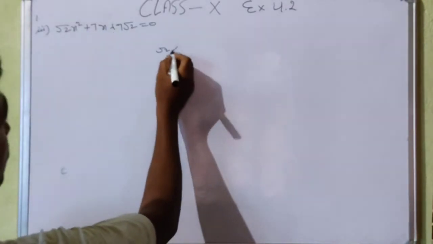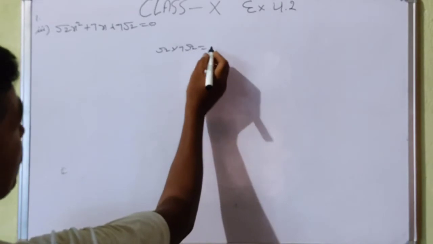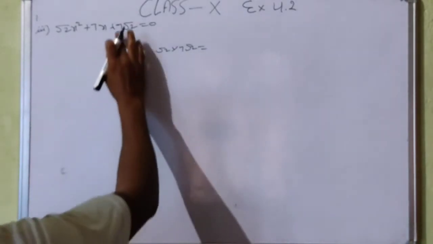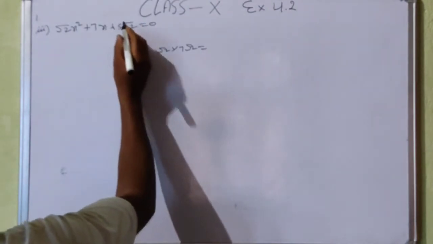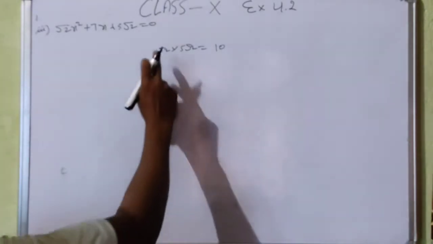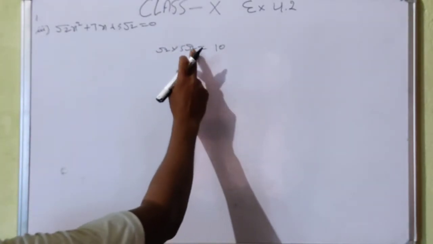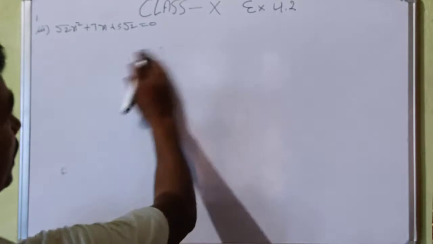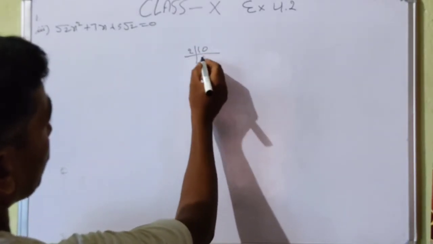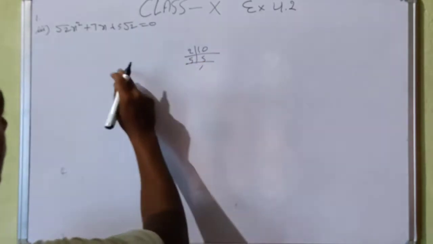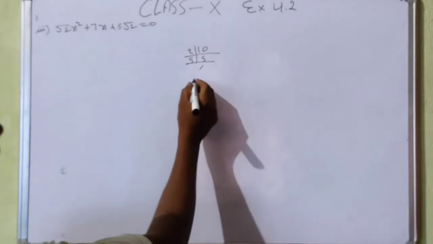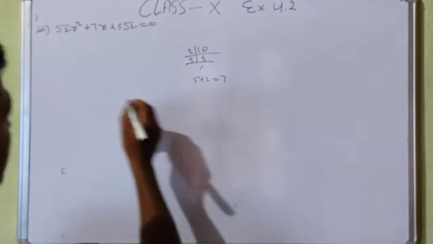So under root 2 multiply 5 under root 2 is equal to 10. Under root 2 multiply under root 2 is 2, then 2 fives are 10. So that is 10, so we will make the factors of 10. 2 fives are 10, 5 ones are 5. So we need to add, and then comes 7. So 5 plus 2 is equal to 7.